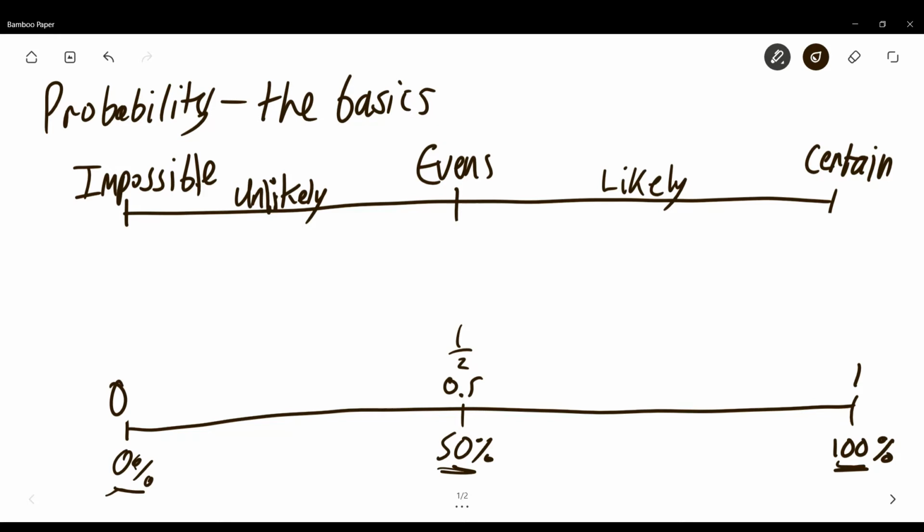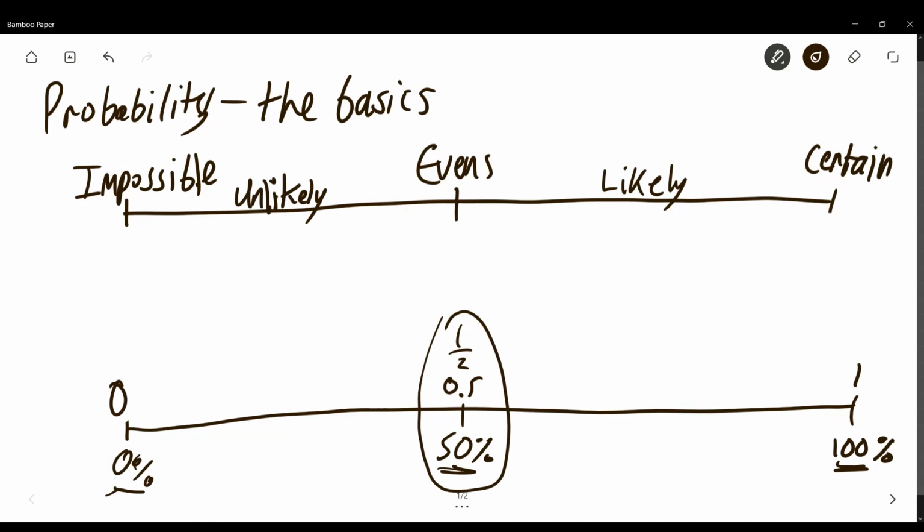Just make sure, though, that when you are saying the probability of something that could either happen or not happen, it's not always going to be 50%, okay? It's not always going to be the case. Because, say we've got the probability of raining tomorrow. It's not always going to be a half chance of raining tomorrow. Based on the seasons, based on the weather that's happened recently. It's not always going to be 50%. Yes, it could either happen or it could not happen, but that doesn't mean it's 50%. Doesn't mean it's evens. Okay?